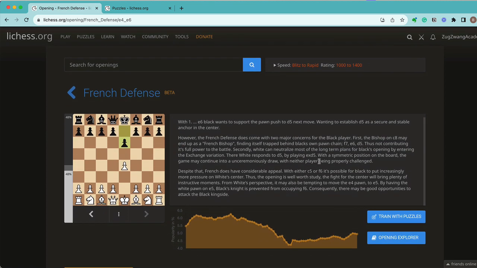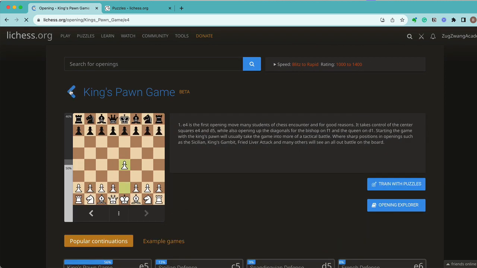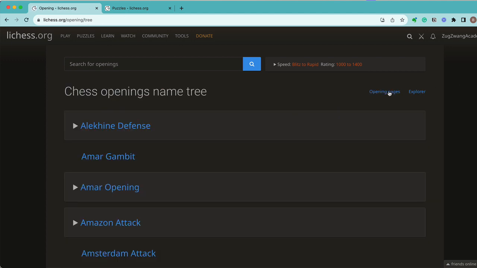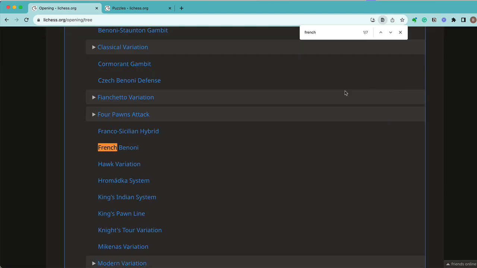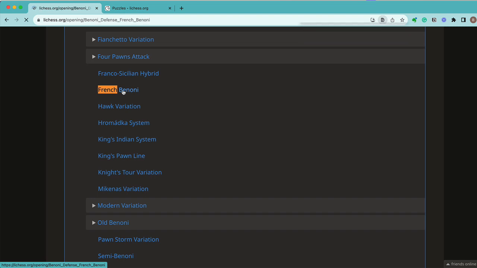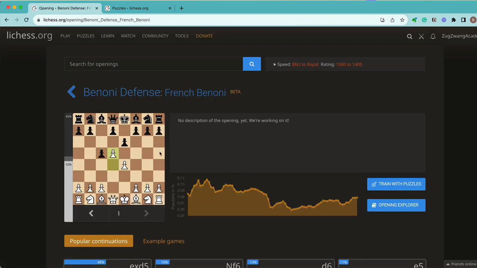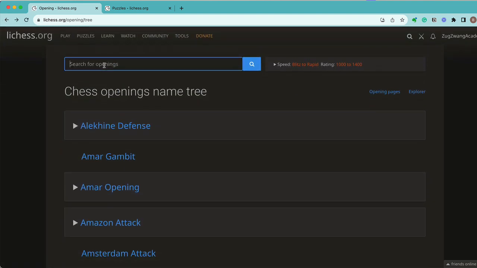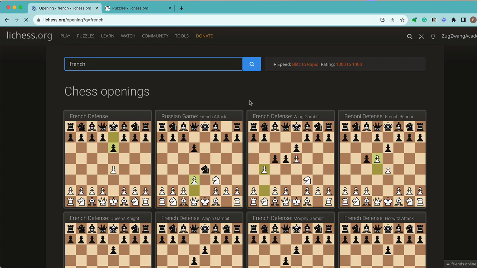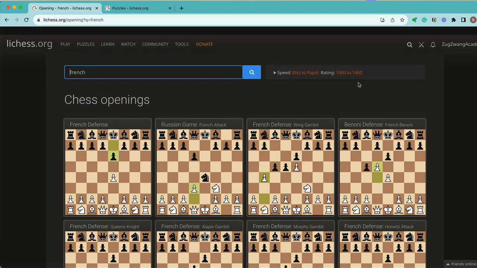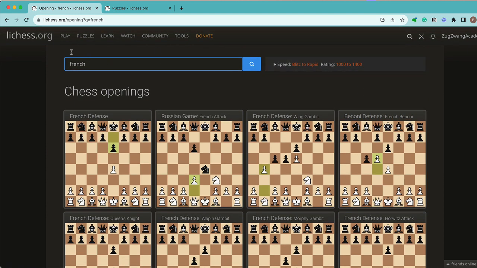Now, the other option that you have when you start off is to go into a name tree. And this will allow you to directly jump into a particular opening, like French or Benoni, and you can go further deep into it. So this is basically a name search. You could also search directly here by typing in French and see all the possible related openings that come in here. Okay. Getting back,